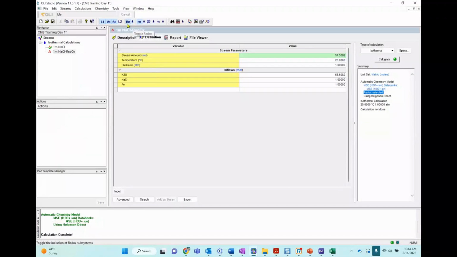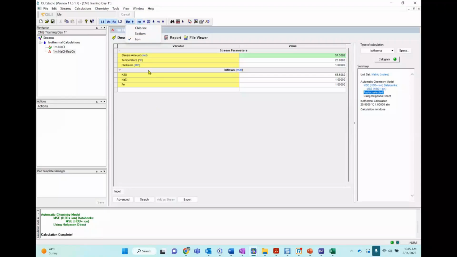Another thing that I like to show is you'll see that next to the redox button, there's a drop-down arrow. What the software does is that it basically surveys the system, and it realizes that you have chlorides in the system, that you have sodium in the system, and that you have a transition element in your system, iron. Okay, so when you turn this redox on, immediately the software knows that you're talking about metal, and it turns on the iron oxidation state. Okay, so that is selected.